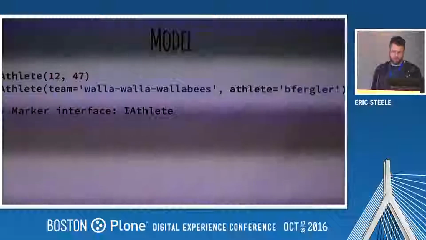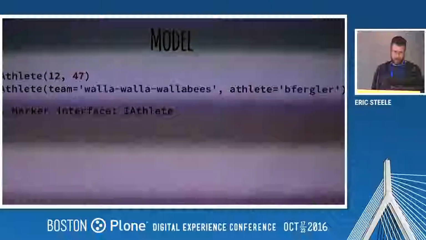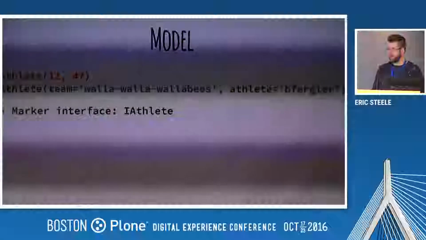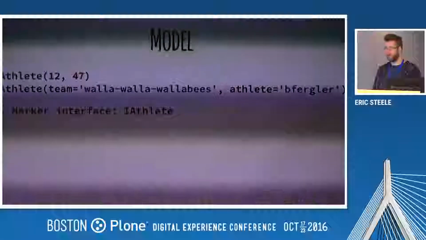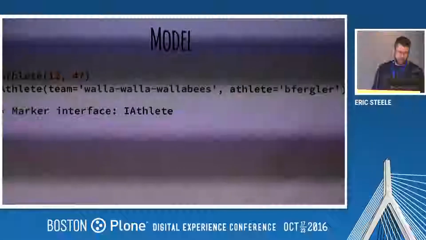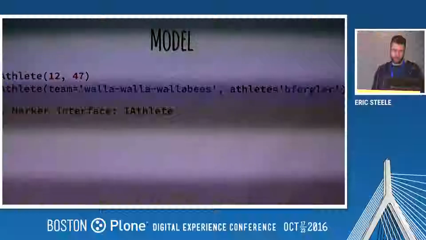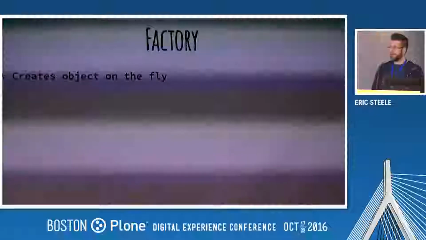Typically what we had was this, where we get a URL that said teams with an ID of 12, athlete with an ID of 47, and Traject would go through and pull out the IDs and map those to these models. So we created a mapping, and that would fire up a call to a very simple Python object, which took those two URL parameters and turned them into an object. One of the important things with this talk is that I applied a marker interface to that, and I'll get back to that in a bit. And there's a factory, which just creates the object on the fly. So those look like,